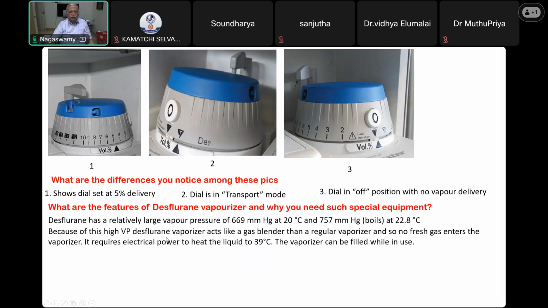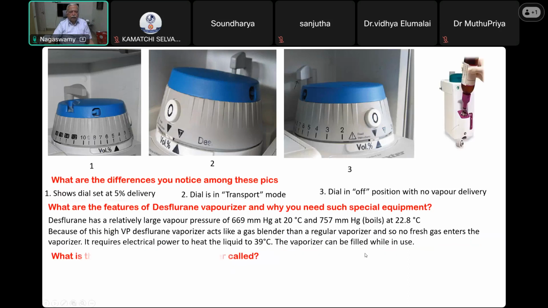Because of the high vapor pressure, it acts like a gas blender rather than a regular vaporizer. That is, no fresh gas enters the vaporizer. It requires electric power to heat the liquid to 39 degrees centigrade. And the vaporizer can be filled while in use. There is no need to switch off the vaporizer because no fresh gas flow is entering directly from the flow